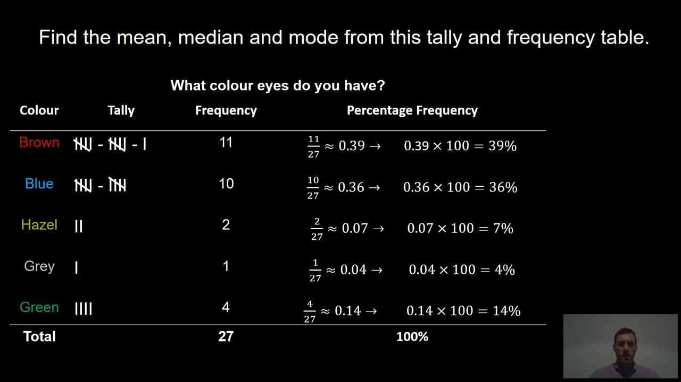Let's look at finding the mean, median, and mode from this tally and frequency table. The first thing you should notice is that this is a set of categorical data. Therefore, we can only find the mode. The mode in this instance is brown eyes because it's the most frequent, and you can tell that from the